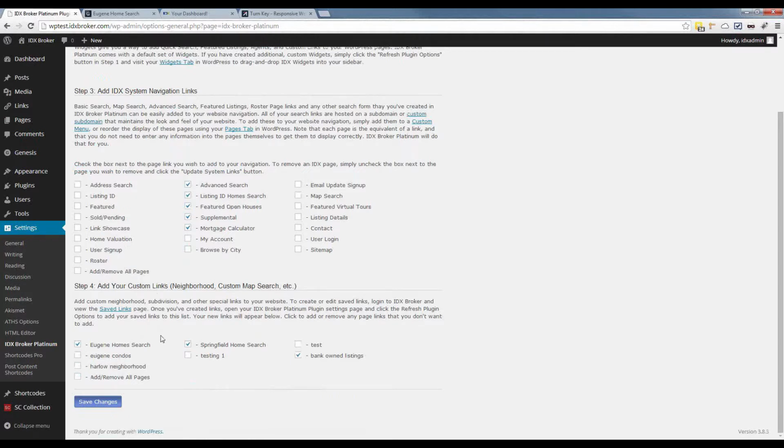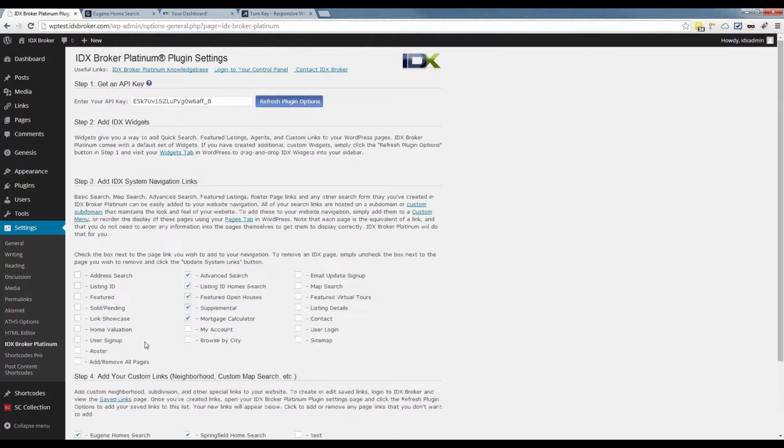Custom links are a little different. Those are links that you would add, and again, I'll get into that a little bit later. I'll follow this step by step. I just want to give you an overview of how it works and how this API key works. That API key is where we're getting the information to display everything within the widgets in your WordPress site or link to the correct pages